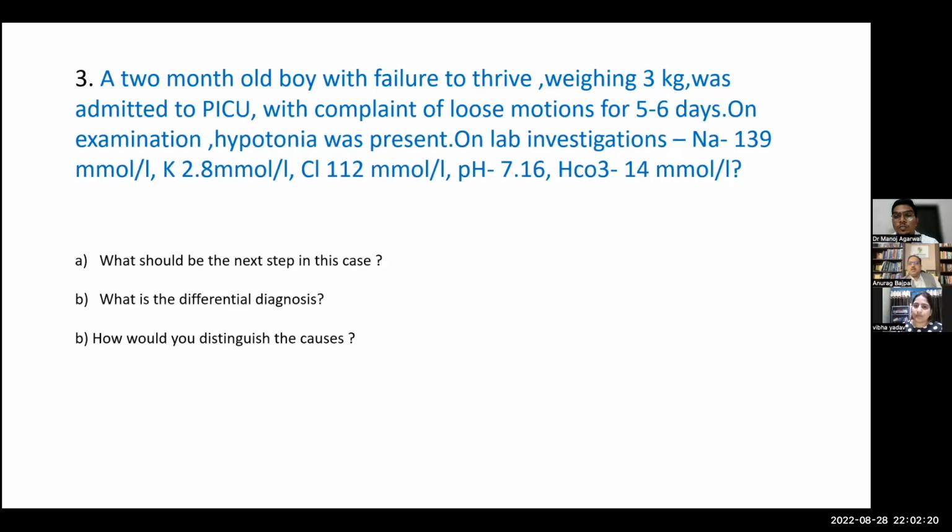So basically what Dr. Vibha is asking is, how do you differentiate diarrhea versus RTA? Definitely. And that we discussed very, very carefully. So hopefully, we'll talk about normal anion gap, GI cause. Would you look at anion gap in some other fluid as well? So we are talking about blood anion gap, which is normal. What about the urinary anion gap? So Dr. Manoj, what do you expect the urinary anion gap to be if it's diarrhea in this case?